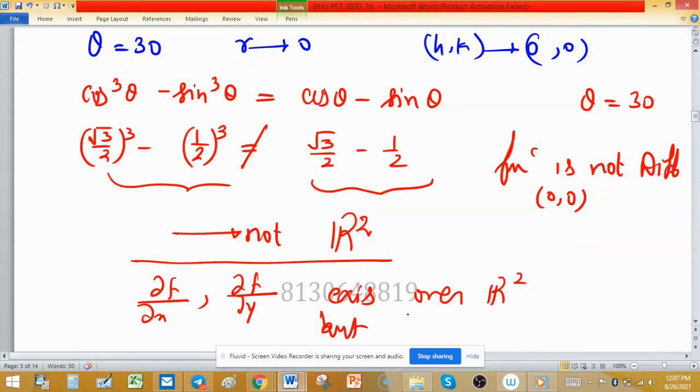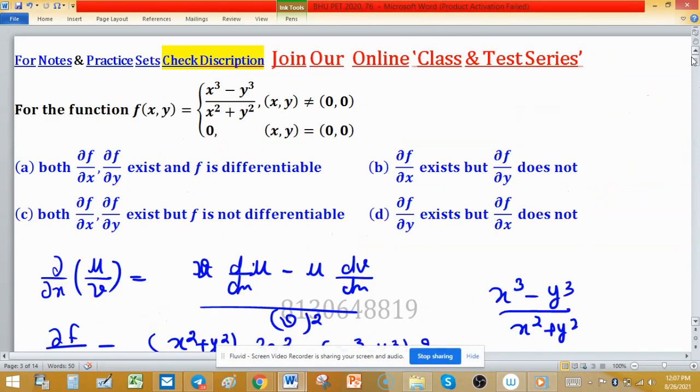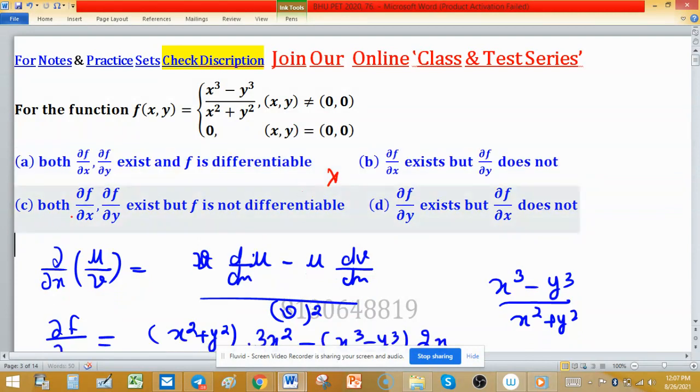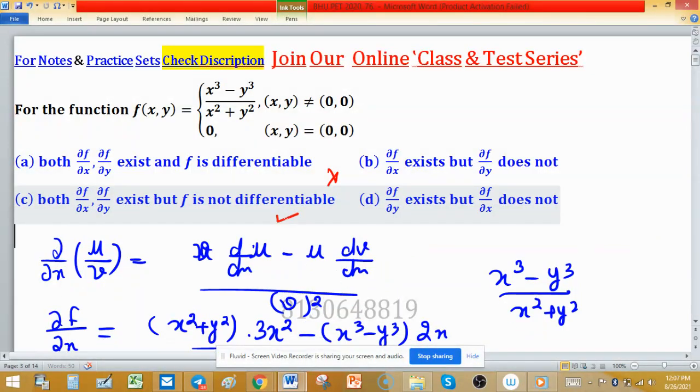So I can conclude from this problem, if a function is not differentiable over the domain but partial derivatives can exist over the domain, which option is correct? Both partial derivatives exist and function f is differentiable: this option is wrong. In option C, both partial derivatives exist but f is not differentiable. This option will be the right choice. And in options B and D, one partial derivative does not exist. That's why both options will be wrong. So the correct option is